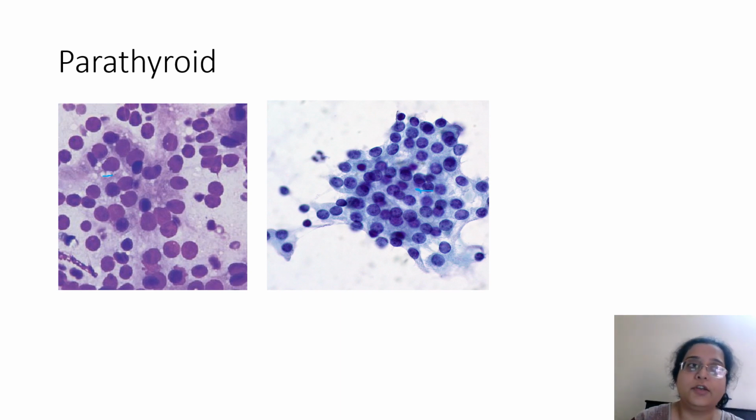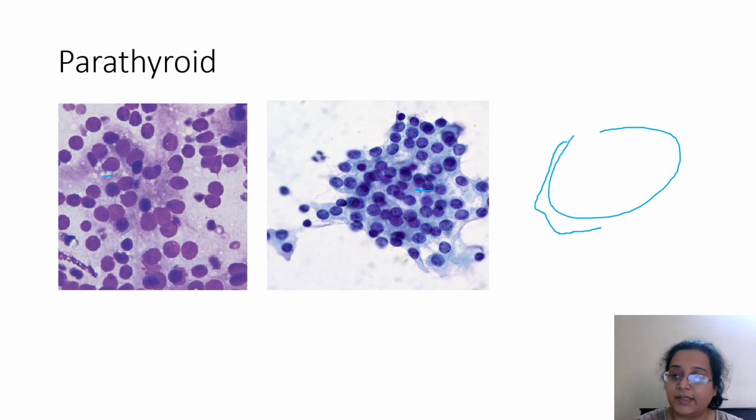So the pitfall when you do a thyroid FNAC can only be two. Either you go to a lymph node or you go into parathyroid, or you are having a lymphoma. Rest, the variation of thyroid cells is the same. It is given in Orell's, it is given in Gray's. I don't want to go into detail of how each thyroid lesion looks. Giant cell lesions, like granulomatous lesions, will have giant cells. TB will have epithelioid cells. Then your flare cells, Graves and all those will have flare cells, like a cluster of thyroid cells with the surrounding cytoplasm frayed and pink. So these features are there in the book, so you can see the images and remember.